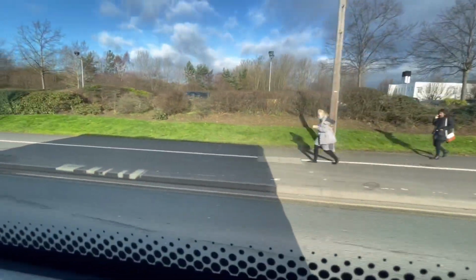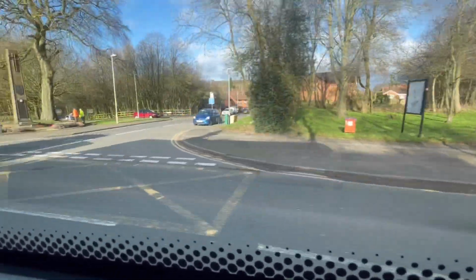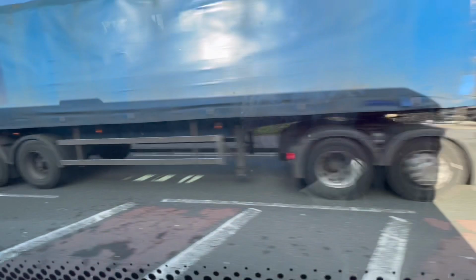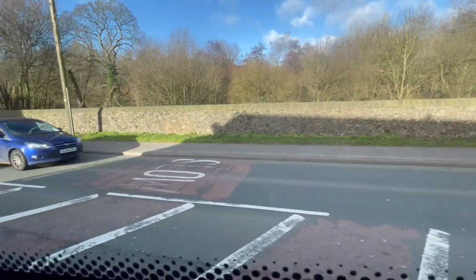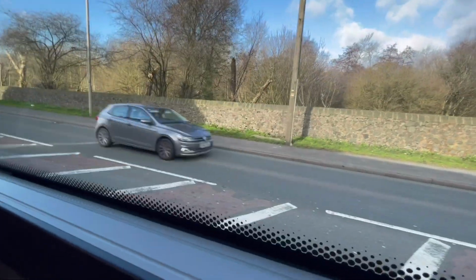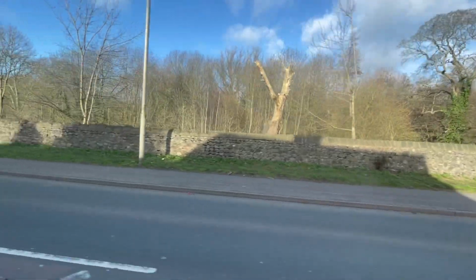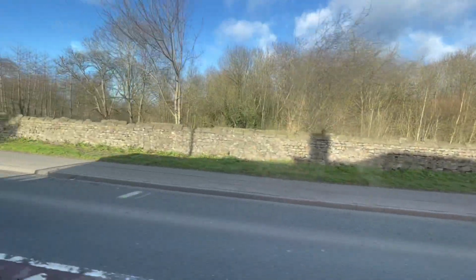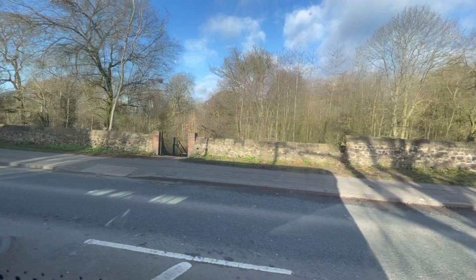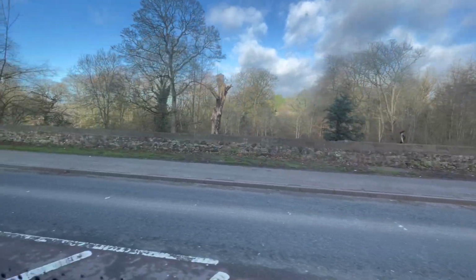Alright then, we're now coming down towards High Oak, right now on the 226, High Oak, Pensnet. We're now going to go under another set of National Grid power cables. As you know, the power cables lead over towards Brierley Hill Way at Round Oak, where they terminate. However, there's also another set that start on Pear Tree Lane and just run between Pear Tree Lane and Merry Hill. So there are good sets of power cables